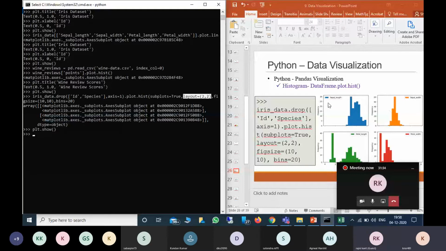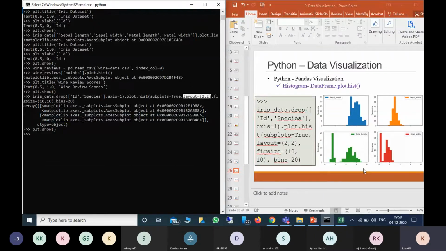If it is 4 by 1, these two will come and these two will come below these two. So that is layout, in which layout we want to present them. Figure size is like some scaling of this figure template. So if you want 10 by 10, like that.